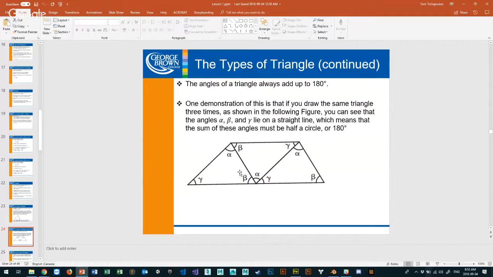All right, so here's the case. What do we know about these three triangles? Well, we know that each triangle adds up to 180 degrees. But what do we know about this angle here and this angle up here? Is there any kind of identity, the way these have been drawn? Assuming that this line and this line are parallel, what can we tell about this angle and this angle?